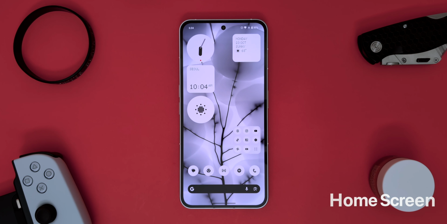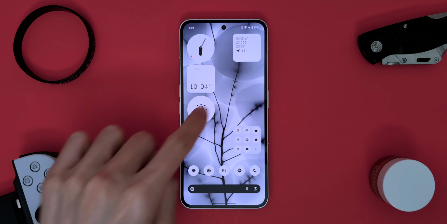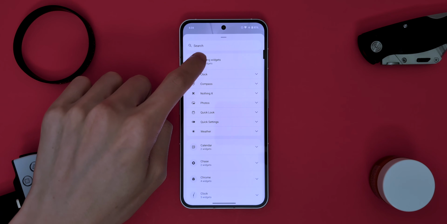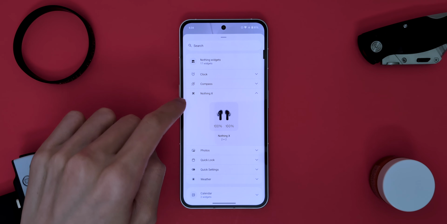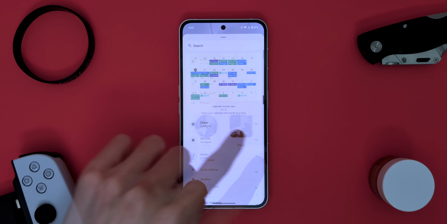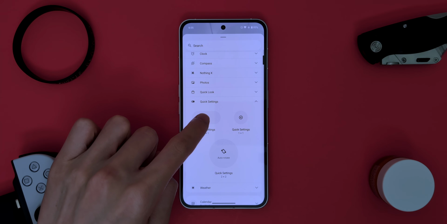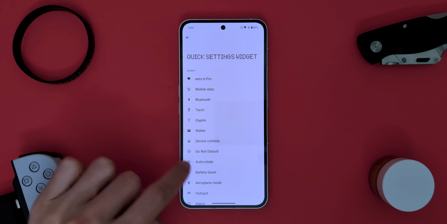Alright, the home screen has even more well-designed Nothing widgets. I currently have analog, world, circle, and quick look. And you can add other widgets from Nothing, Nothing X, and weather. Just like the lock screen, these are the only ones that have a dot matrix design. Third-party widgets look normal. The same quick settings can also be found here. So if there's one that you frequently use, you can add it to the home screen and save the extra step of swiping down.